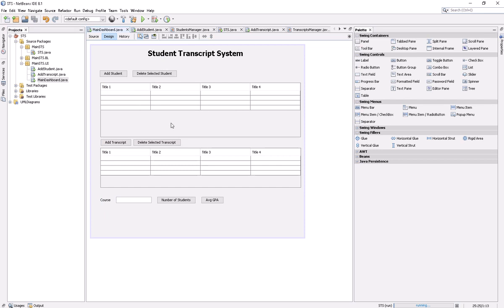In the designing view, we have just a label which I have capitalized and whose font size is increased. Then for showing the students data I have this table, and for showing the transcript data I have this table.